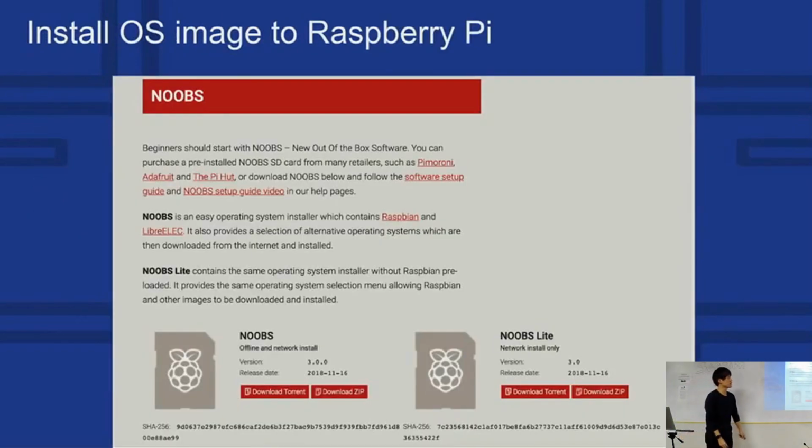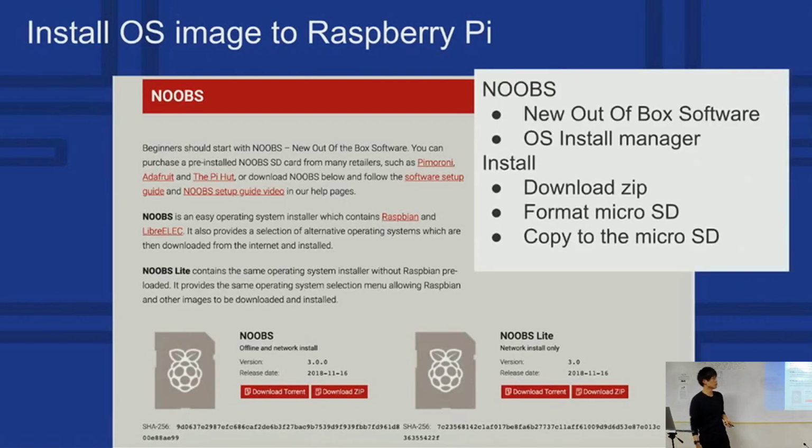And next step is how to install the OS to Raspberry Pi. So NOOBS is the installer. NOOBS is an OS install manager provided by the Raspberry Pi Foundation. NOOBS means New Out-Of-Box Software. And I highly recommend using NOOBS for beginners, because usually if you want to install the OS to